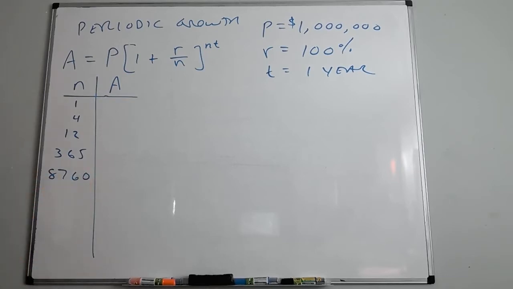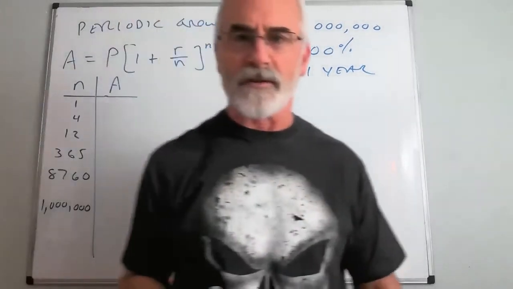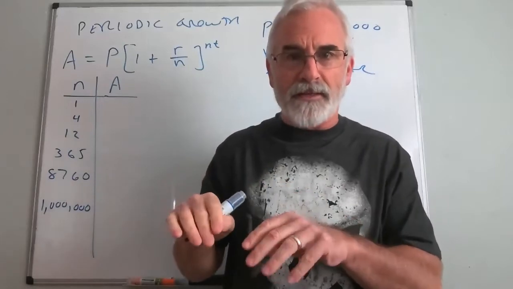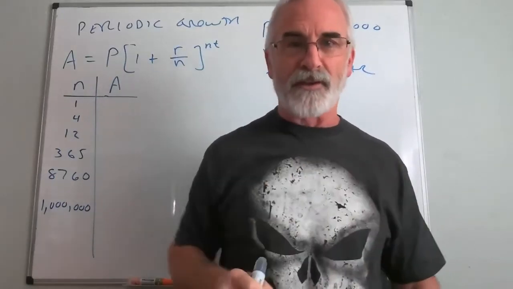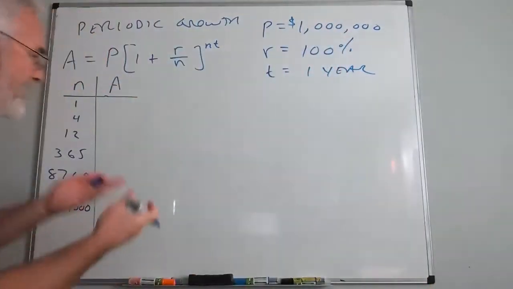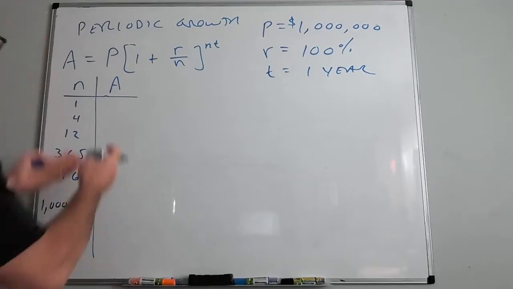That's hourly. Okay. And then let's do it 1 million times. That's about every 30 seconds. Now, that will put a great deal of stress on Nate, of course, because he'll be emailing our client every 30 seconds, telling them what their new interest is. And then 30 seconds later, but anyway, we want to see what is happening to the accumulated amount